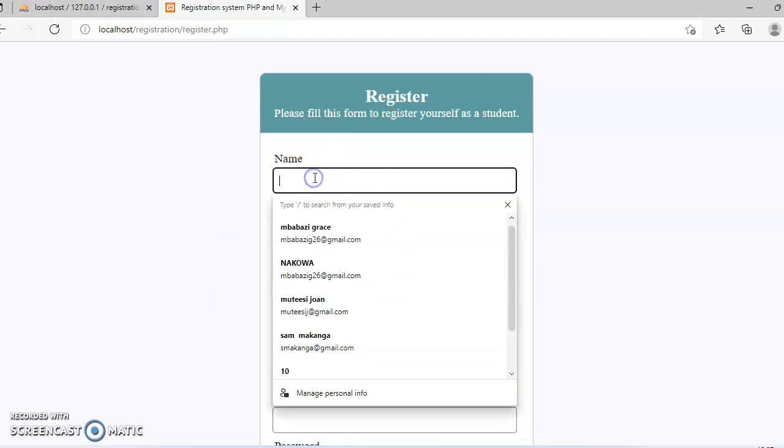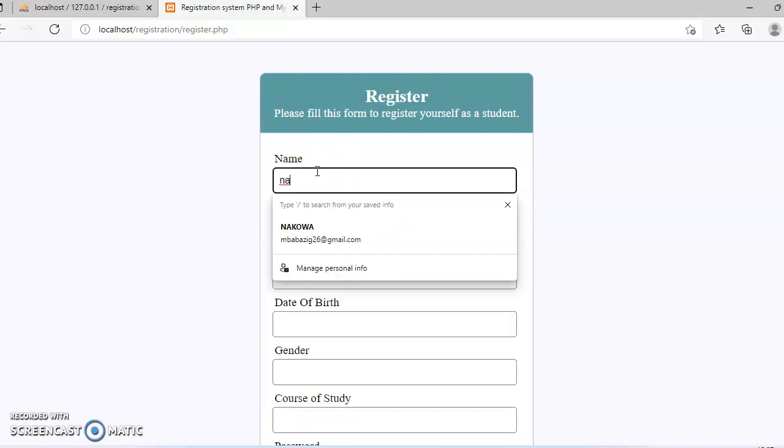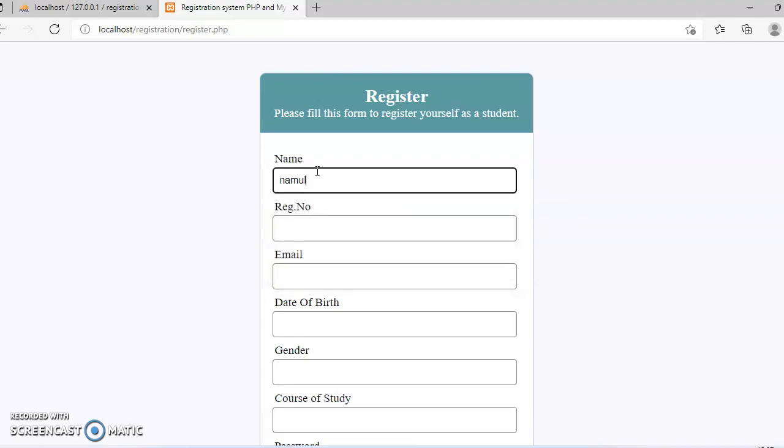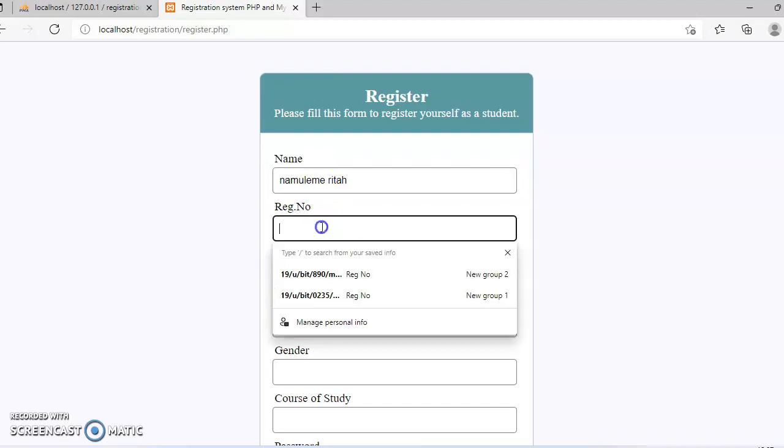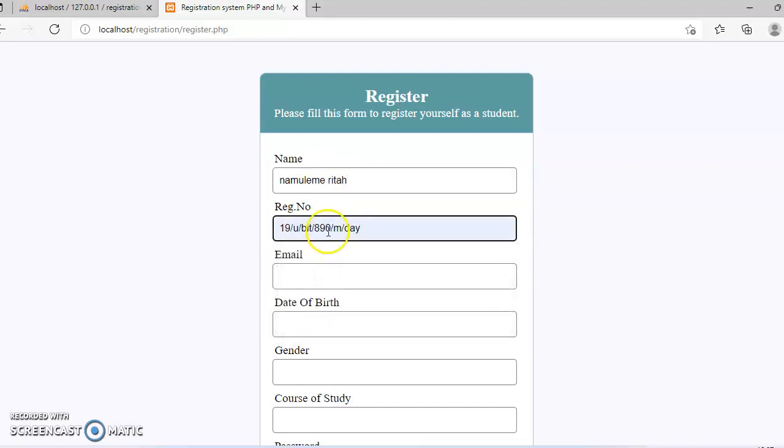For example, I include the name Namuleme Rita, with the registration number. What I will do is to change a bit here.